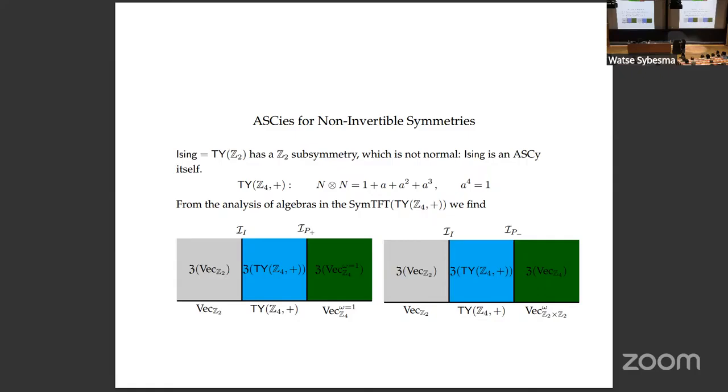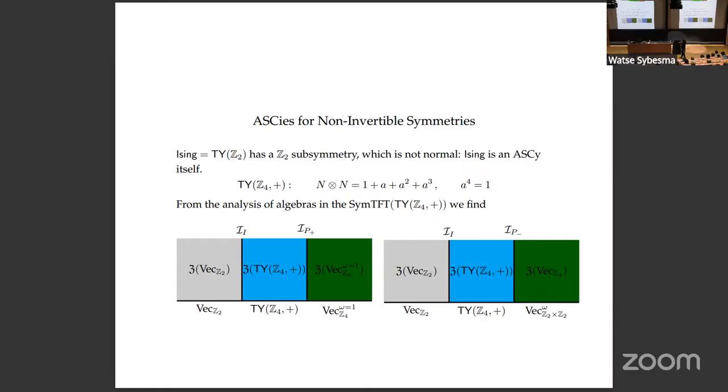So the next one is the Tambara-Yamagami Z4. So here you have n squared equal to all the generators of Z4, right? For Z2, it was the generators of Z2. And there are two types of such SymTFT configurations. Both of them, again, trivialize Z2. In the middle, we have the Tambara-Yamagami Z4. And when you look at what type of interfaces you have to project onto, so these are now ASCII components,